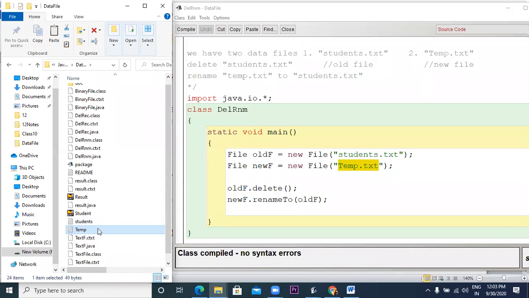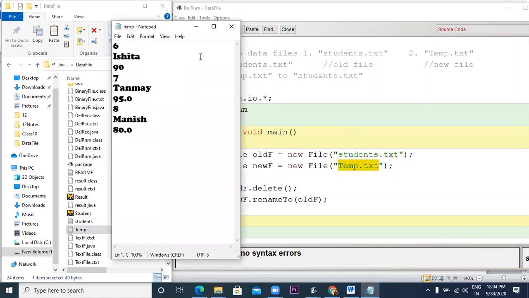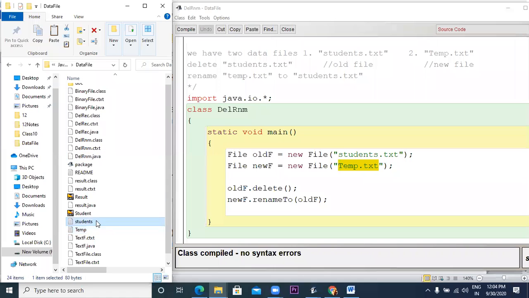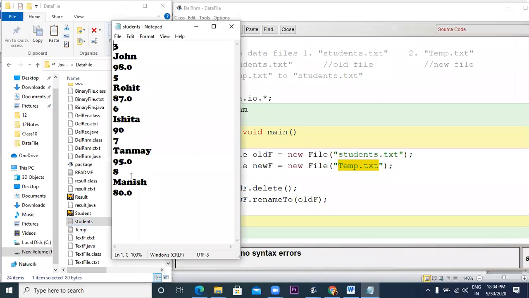Actually it will happen so fast that you will never know what happened, but actually this file will be deleted and this file will be renamed. In order to know that this has been renamed to students, again watch the content of temp. Under temp you have only 3 records and in students you have 5 records.